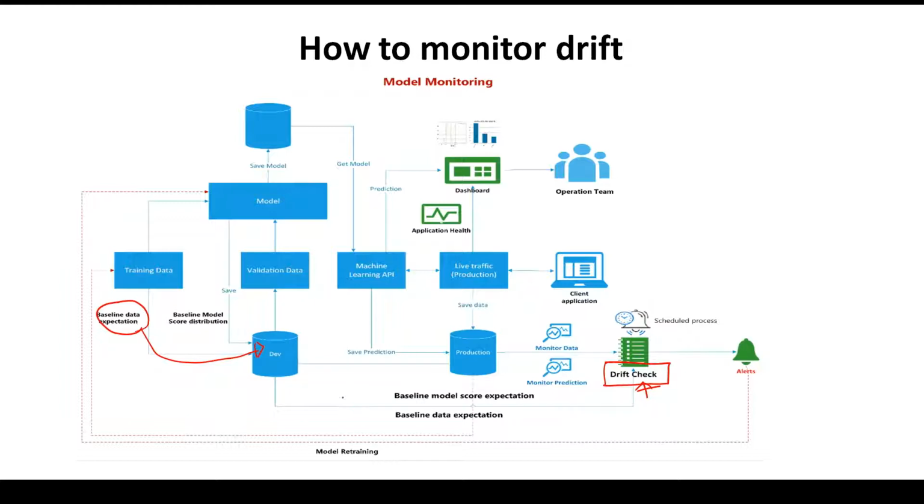As a part of the data drift check process, it will take the data expectation from my storage system and compare it against the live traffic. If the data drift check process finds any mismatch between the data expectation and the live traffic, it will raise an alert. So here we will focus on the data drift check process, and how we can generate the script so that it can perform the required operations. Okay, so now let's go to the hands-on part.